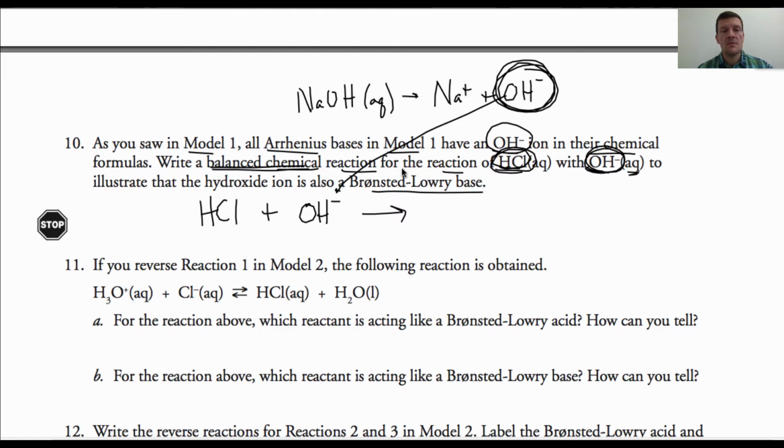Well, the balanced chemical reaction for HCl and hydroxide: this is your acid, and that acid has an H in it, which is going to donate to the hydroxide. What is that going to form? H2O. H plus and OH negative is going to be H2O, and what's that going to leave behind? Cl negative. Interesting. So that must mean when you've got acids and certain bases that have hydroxide in them,